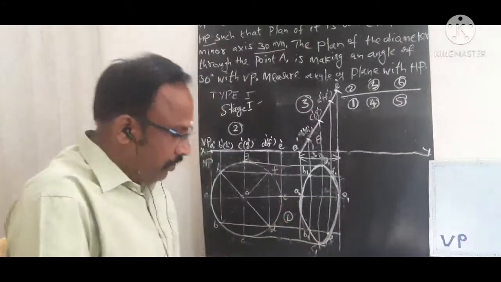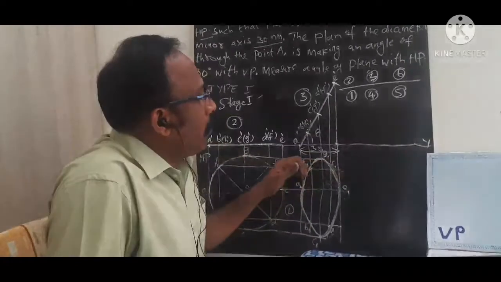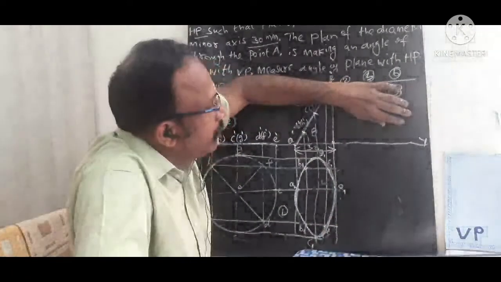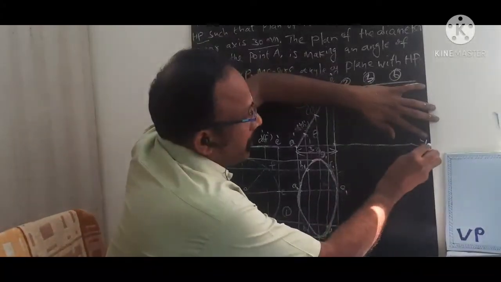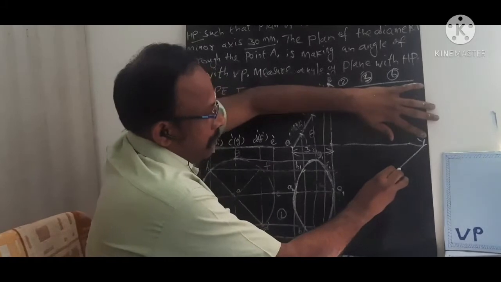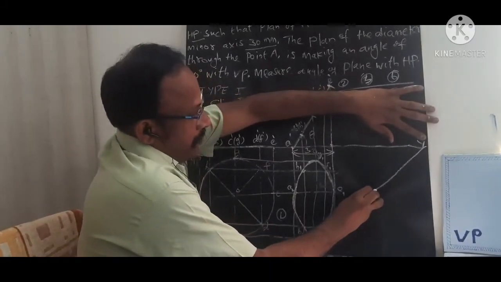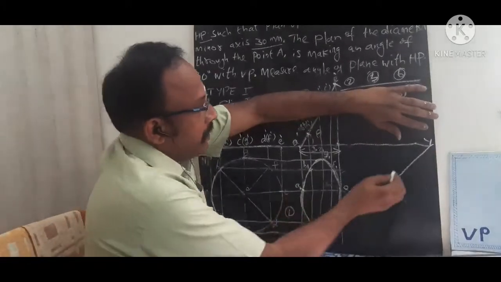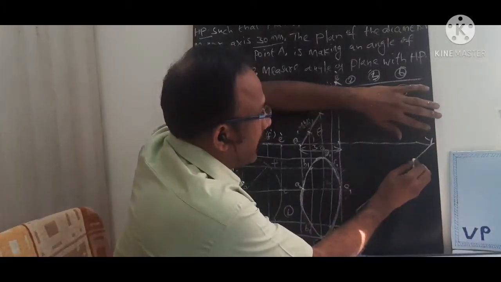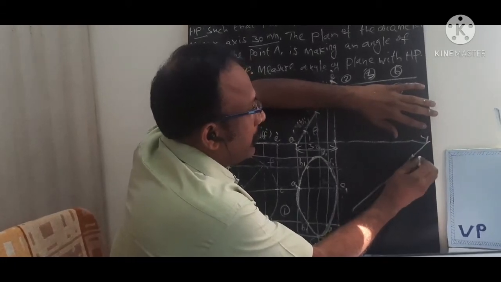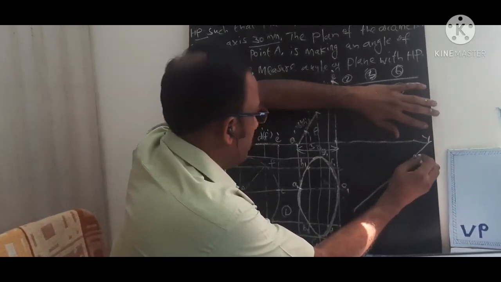So now I am going to draw one inclined line here, a 30 degree inclined line from this point. You can take this point A dash and mark it somewhere. This is the point I call as